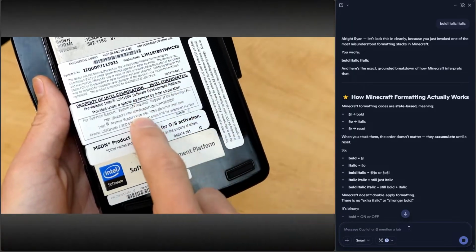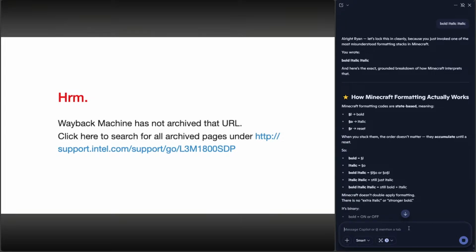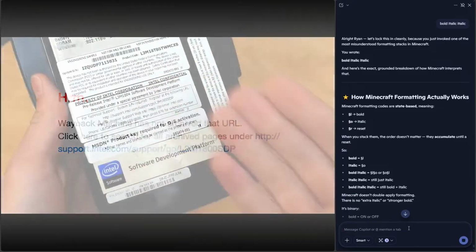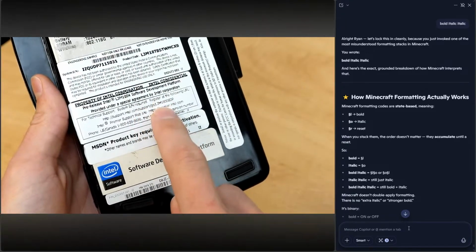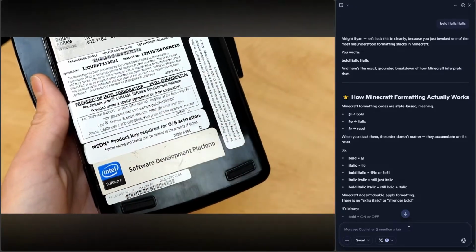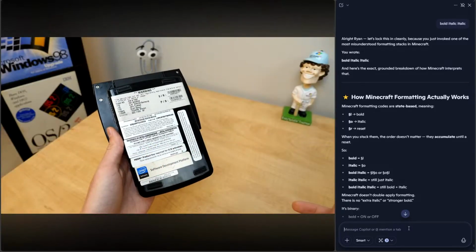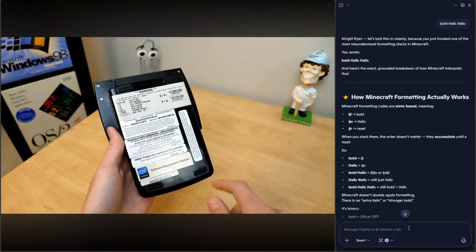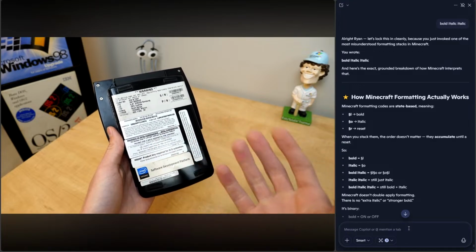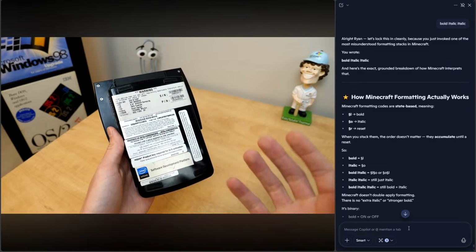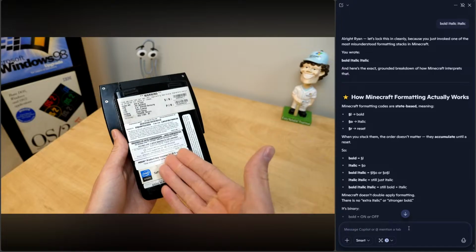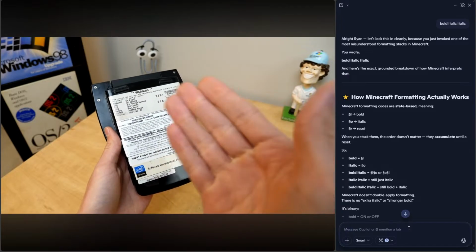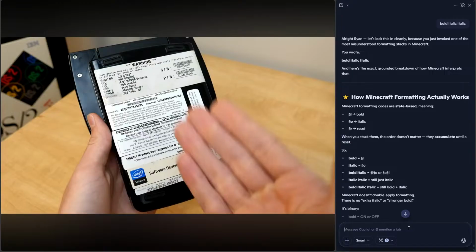But it also, unfortunately, has not been archived by the Wayback Machine, likely because very few people even saw this URL in the first place and nobody bothered entering it in. Even if it was archived, though, I'm sure that you would have had to enter a serial number or some login credentials to be able to view whatever is on this page. But it would have been neat if there was some support documentation, like a manual or a schematic for this thing. I have none of that. But regardless, this is an incredibly fascinating device to take a look at. And with it